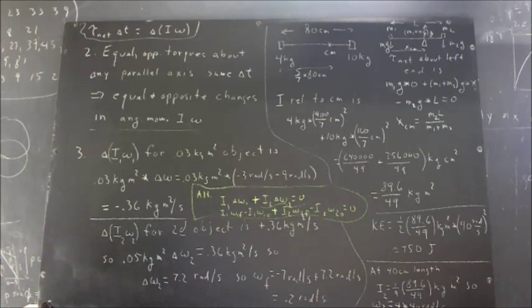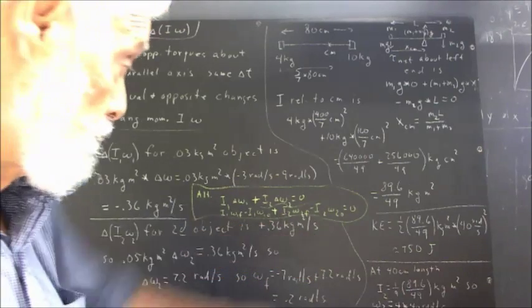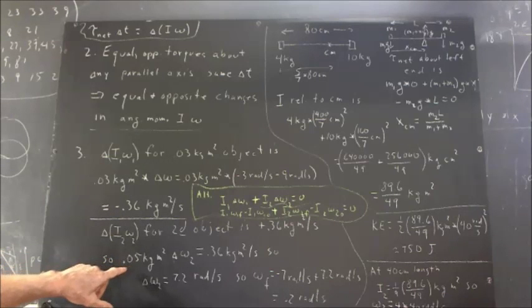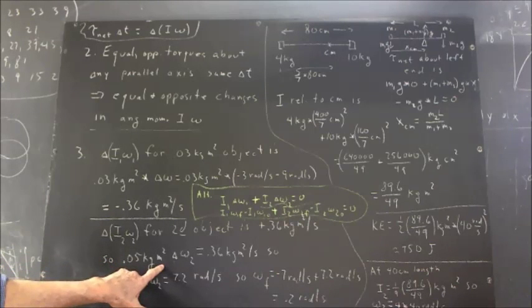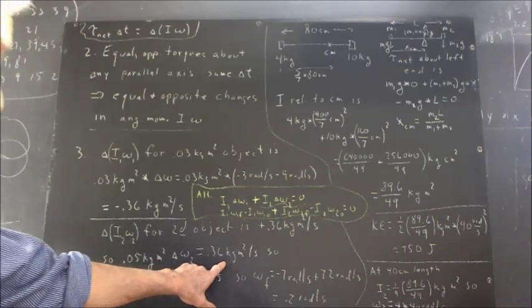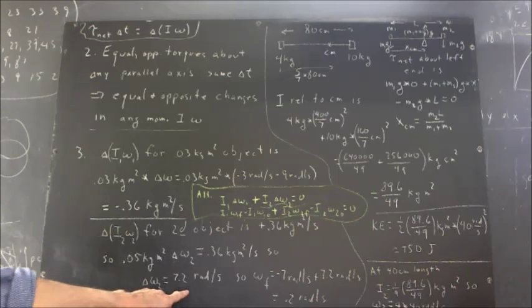The second object has to have an equal and opposite change in angular momentum. So its change in angular momentum is plus 0.36 kilogram meters squared per second. Its moment of inertia is 0.05 kilogram meters squared. So the product of the moment of inertia and the change in angular velocity has to equal the change in angular momentum. Change in our angular velocity is thus